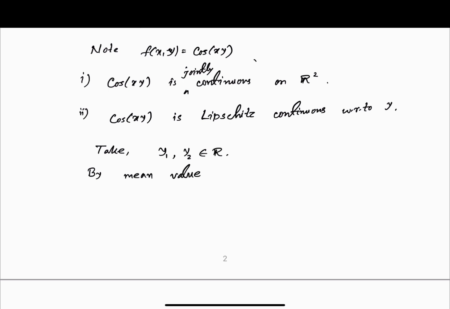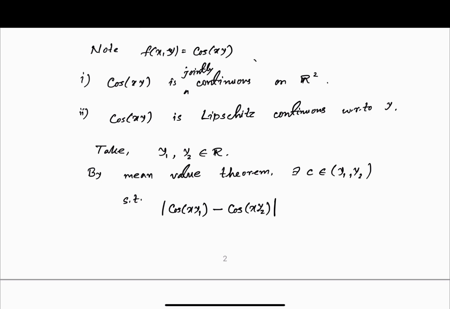Clearly this is differentiable and continuous, so the mean value theorem's statement is satisfied. So by the mean value theorem, there exists some c in between y1 and y2 such that cos(x y1) minus cos(x y2)